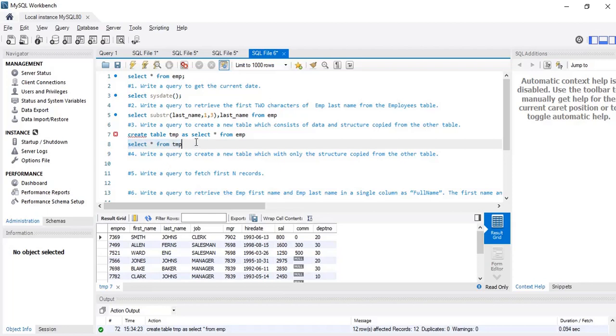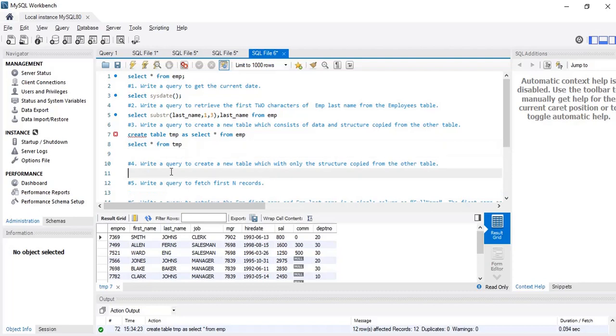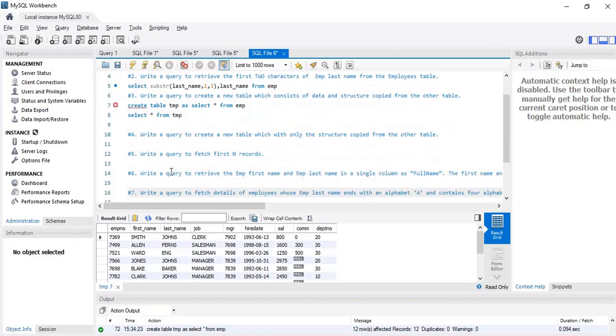Now let's see the next question, which is write a query to create a new table with only the structure copied from the other table. So now we don't want the same data, but we want the same structure.